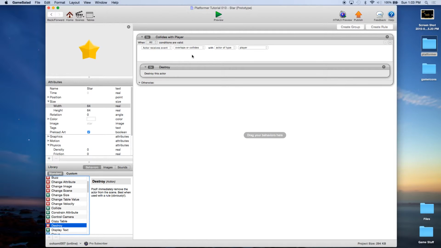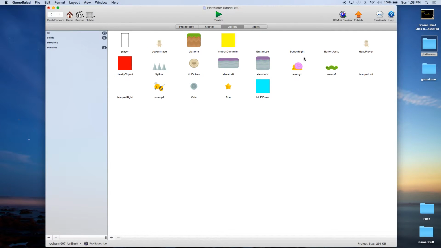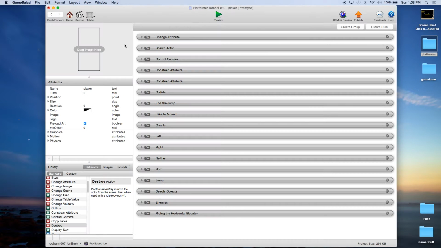Because we can't activate the invulnerability mode that we need the way we want within this star. We need to do it within the player. So now we have it so that we just made that rule so it'll disappear when it touches a player. So now we come into player,